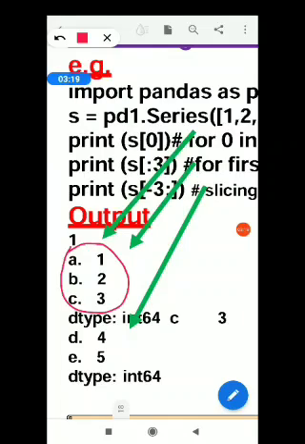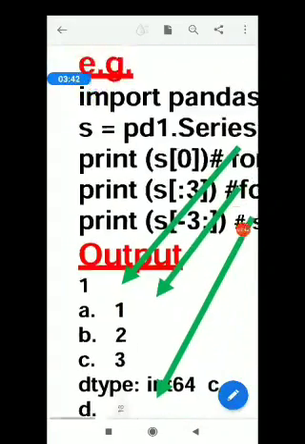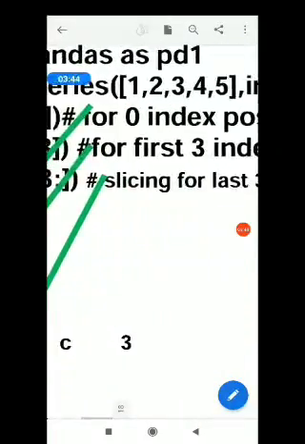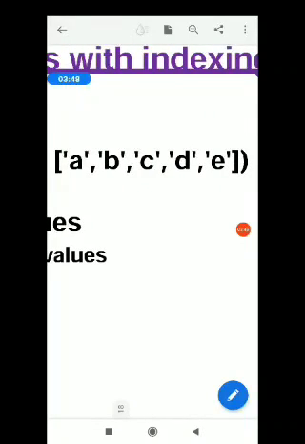Now the next slicing I am giving is s[-3:]. So starting from the minus 3 location till the end. So here negative indexing is used. Let us see the minus 3 location index.